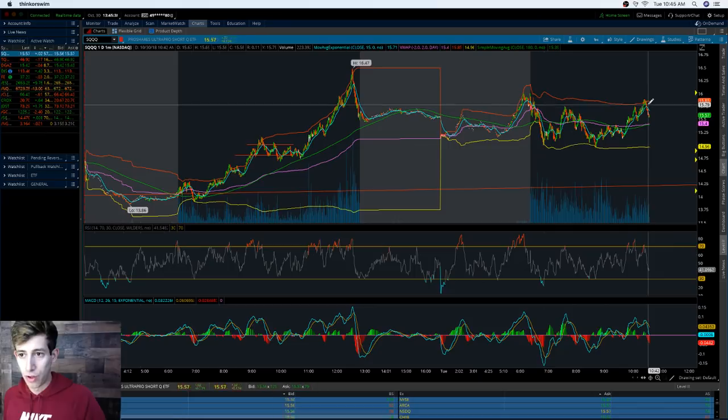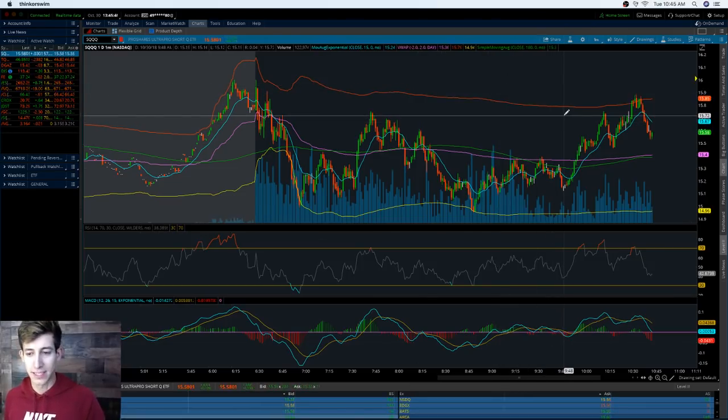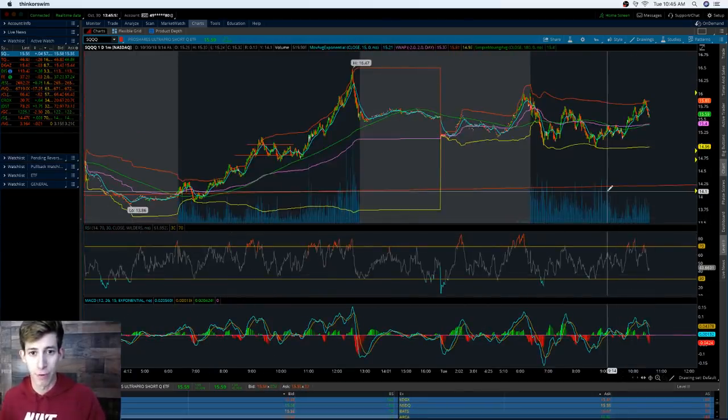But I sold as it pushed above 1570. Why is it, and this is the example that I wanted to use, why is it that I sold at 1570? Why did that make sense? So what I like to focus on are ranges, not exact price points, but ranges. How many of you, if you're just getting started, try to focus on investing in something at the lowest point, right? We always try to get in at the best price point or exit at the highest price point. Yes, you can have that approach, and I don't want to say that my approach is the best because that's definitely not the case. I just want to share my approach